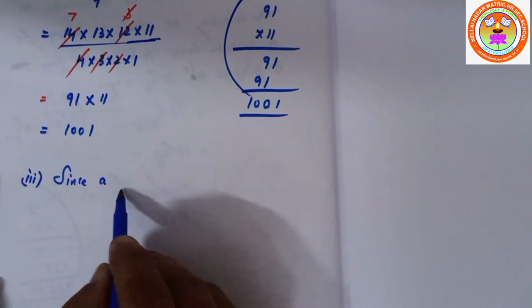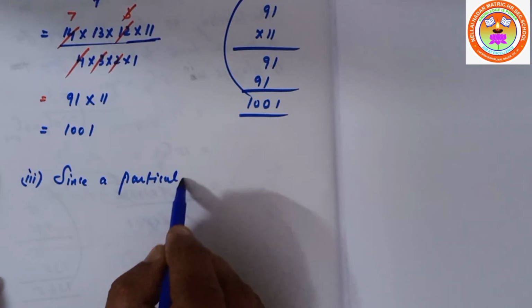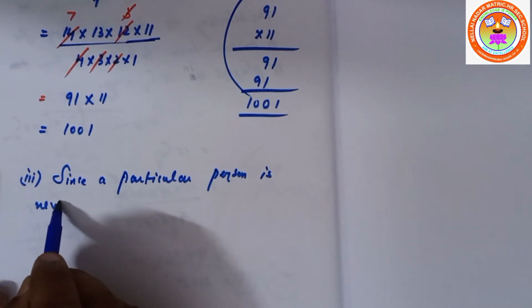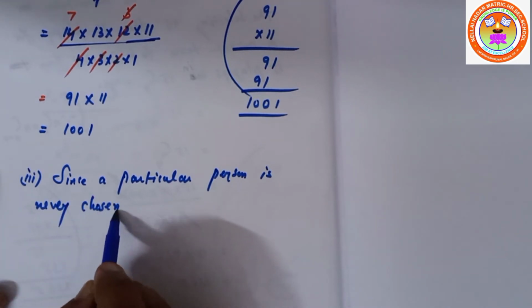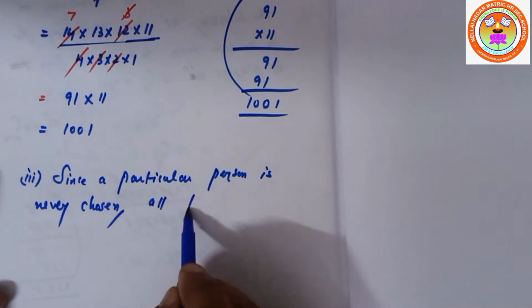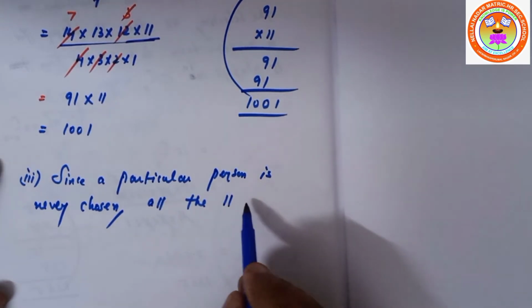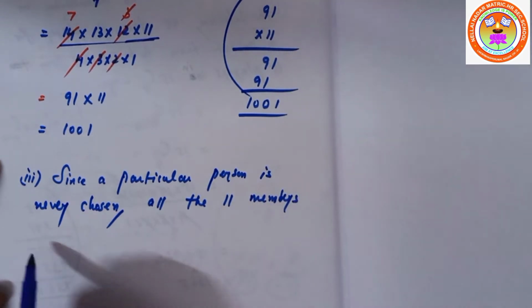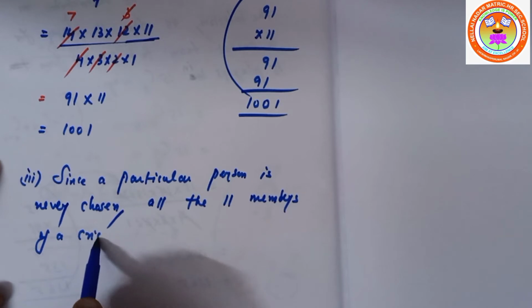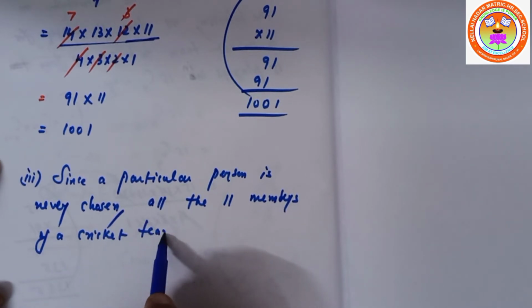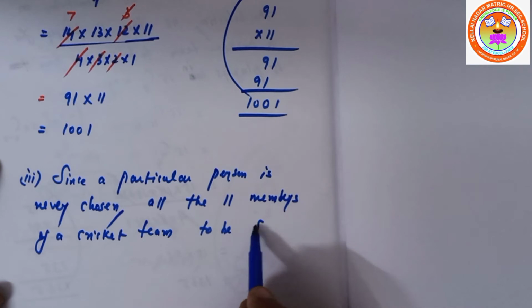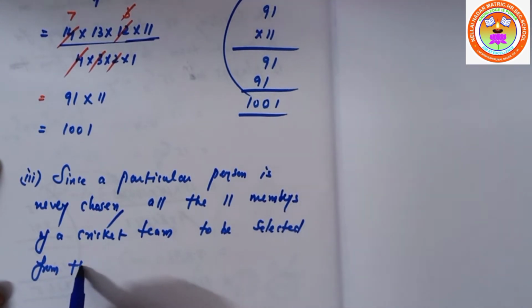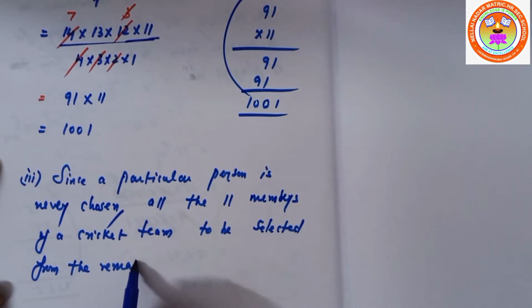Since a particular person is never chosen, so all the 11 members of a cricket team to be selected from the remaining